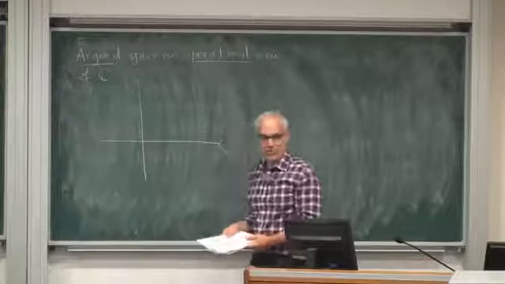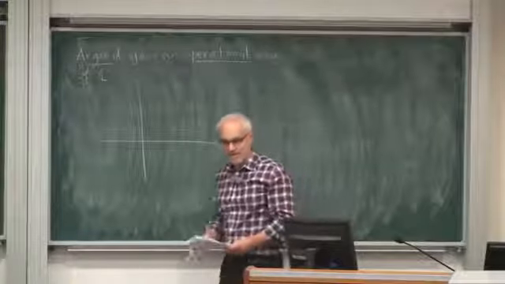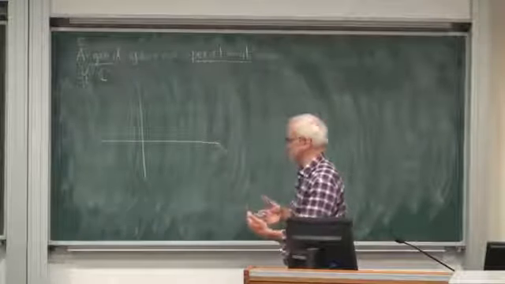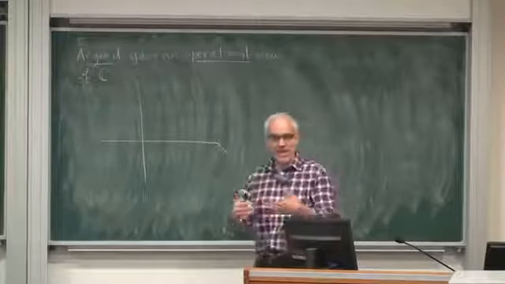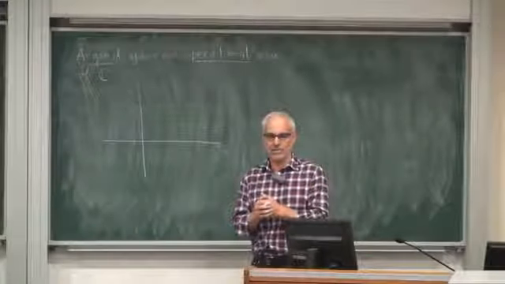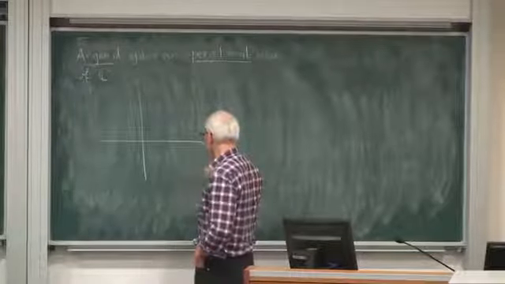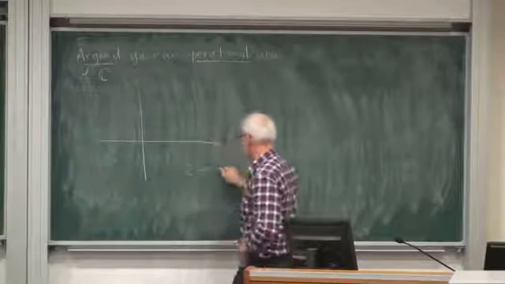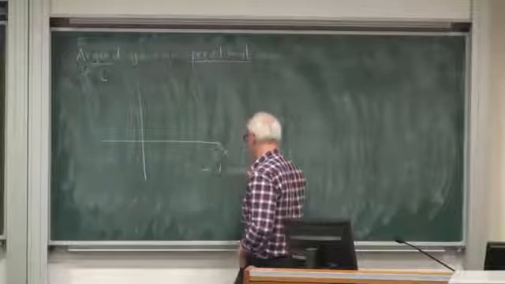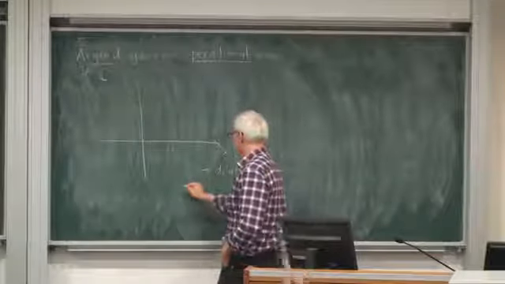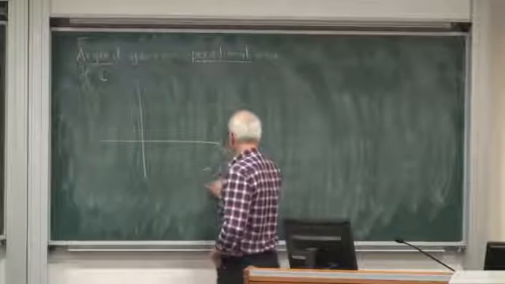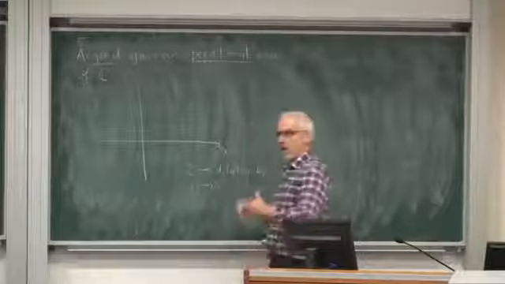That's very familiar. A somewhat less familiar way of thinking about ordinary numbers is to think of them as dilations of the line. So if you think of the number 2 as being represented by dilation by a factor 2, or minus 1 being dilation by a factor of minus 1,